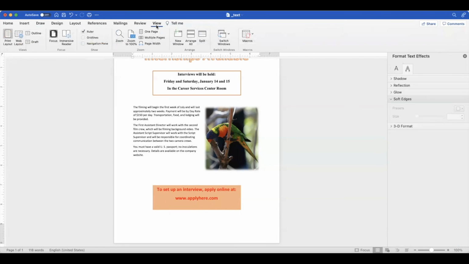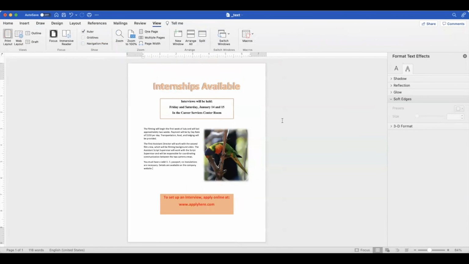I'm going to go to view, one page, and there's my final result. Internships available. I got my little text box with the dates, got my paragraph, got my little picture, and I got my little comment at the bottom. That looks good already. If anything, the only thing I would do here, if anything, let me see, probably,